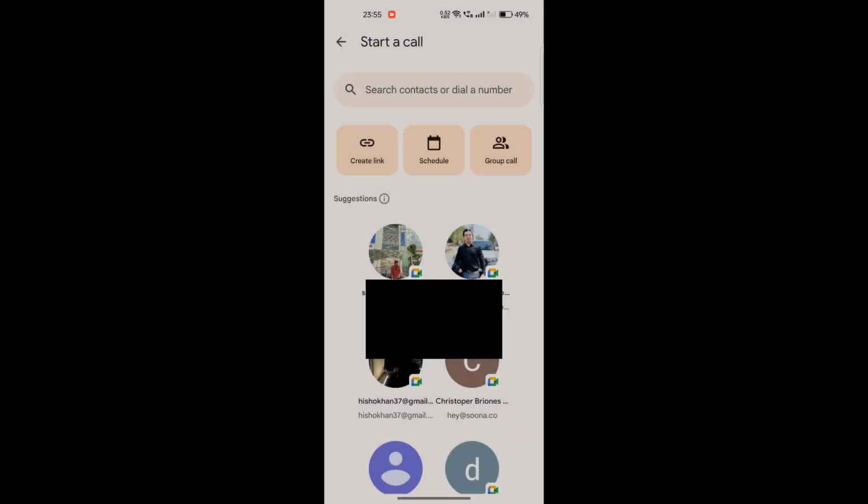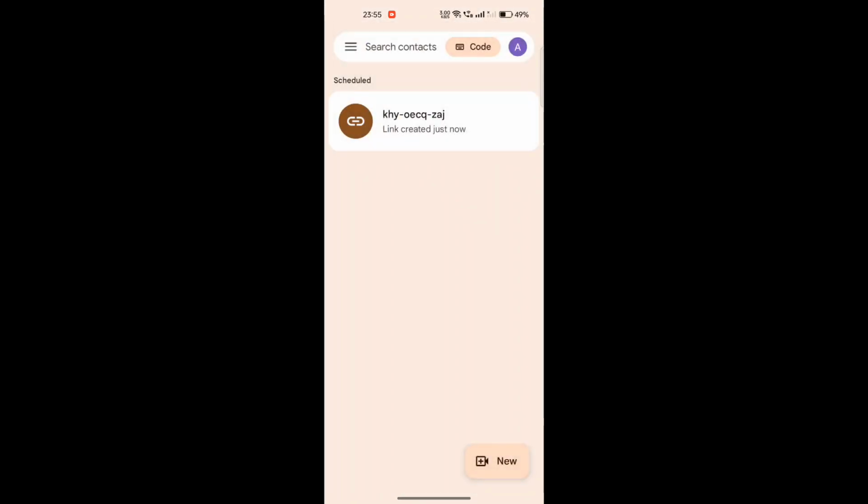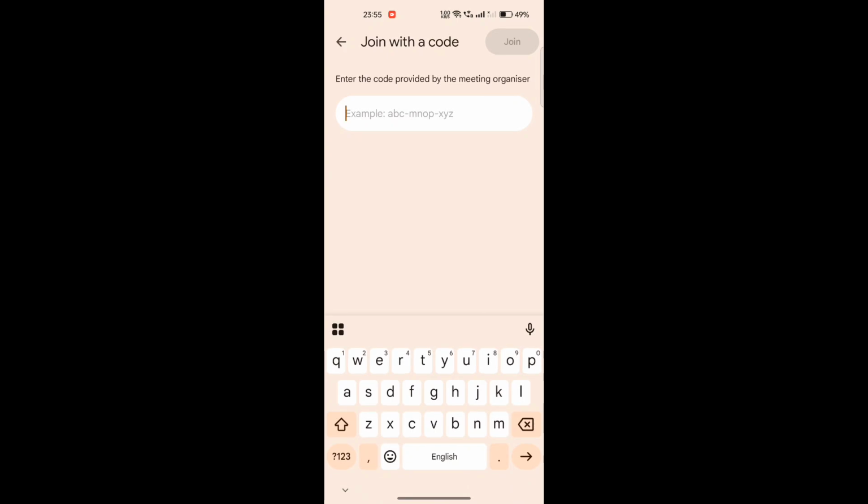Now we will tell you how you guys can join a Google Meet meeting. So for that, we will simply click on the code option with the profile pic. Here I will write the meeting code that will be shared by the organizer. Once I paste it, after that I will click on join, and once I click on join, I will be